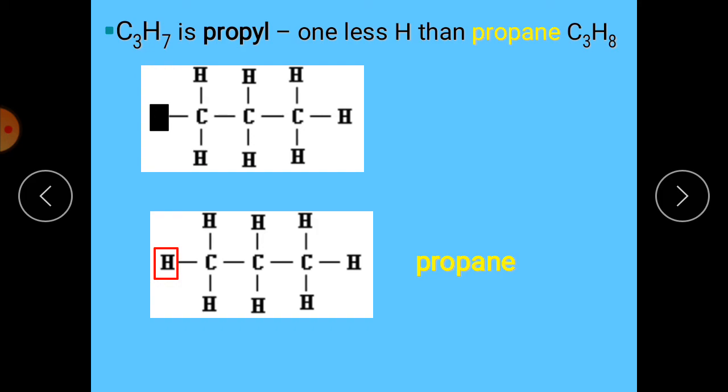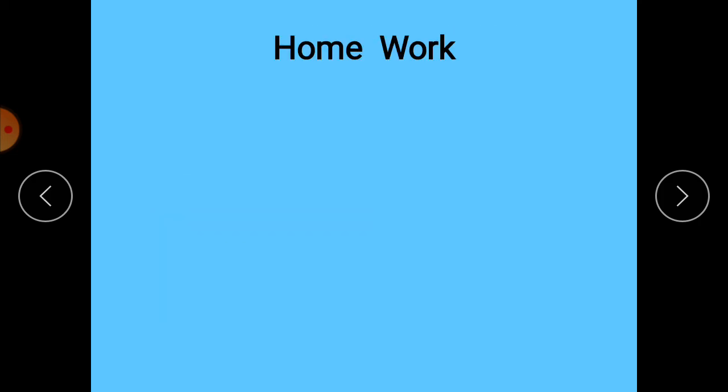What did I tell you about alkyl groups? I am going to repeat. Alkyl radicals are derivatives of alkanes. It means we form alkyl radicals from alkanes. They are formed by the removal of one of the hydrogen atoms of an alkane, and are represented by the letter R. Generally we write R for alkyl also, and in next topics I'll let you know how we do it.